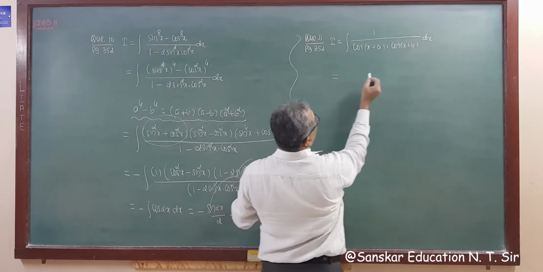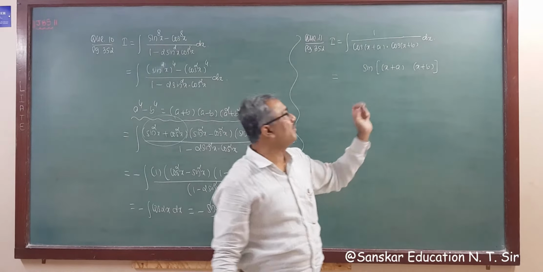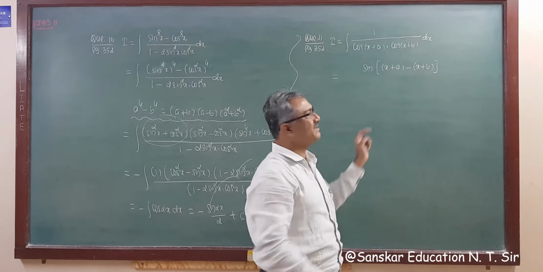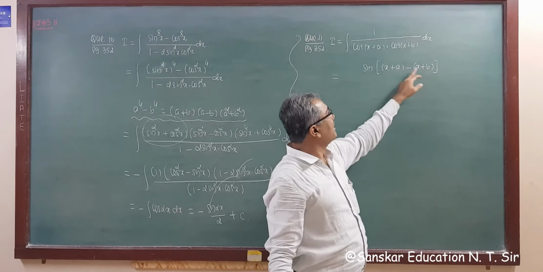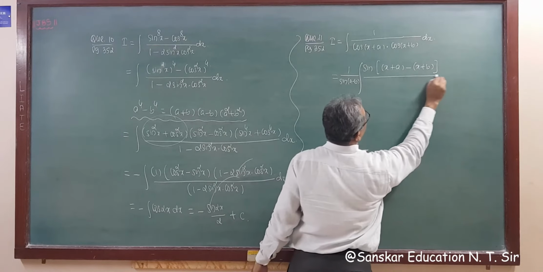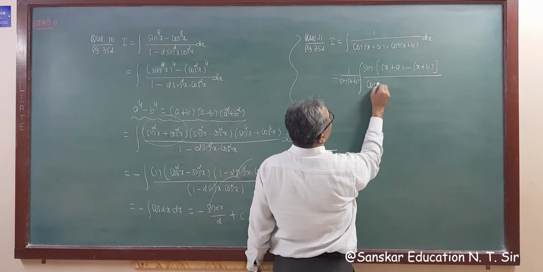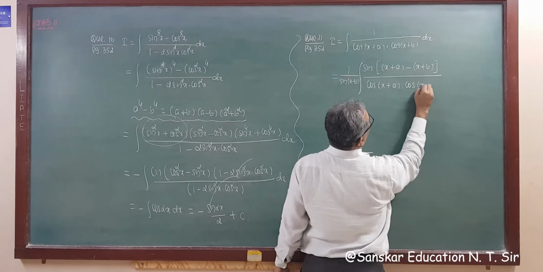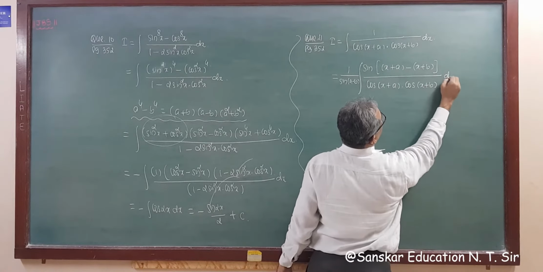Now we must remove the variable. That is, if I put a minus sign here, then x will be cut. That means I multiply by sine, x cut. So a minus b. So dividing by 1 upon sine a minus b, and multiply by sine a minus b, whole upon this term as it is. So cos x plus a, cos x plus b as it is, and dx.